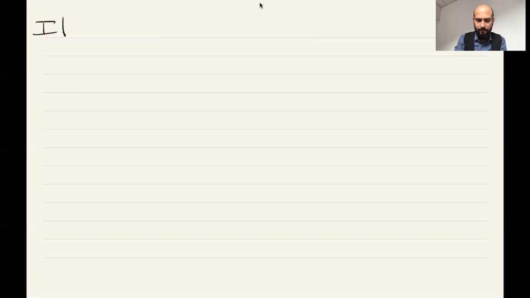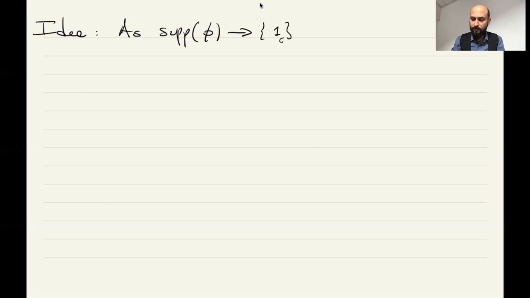The idea is that as the support of phi converges to the singleton of the unit element,